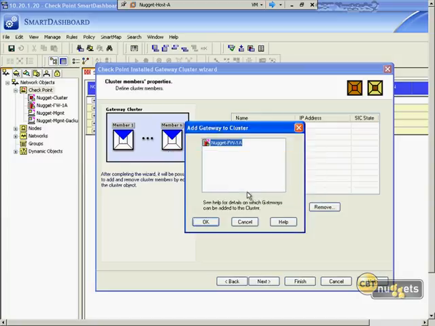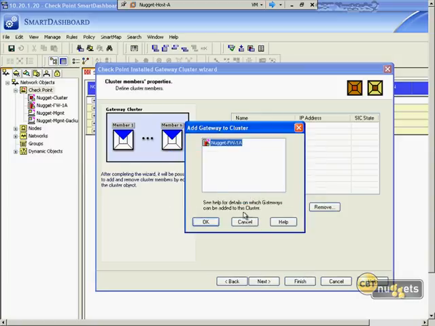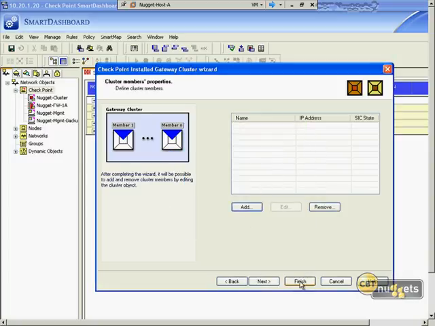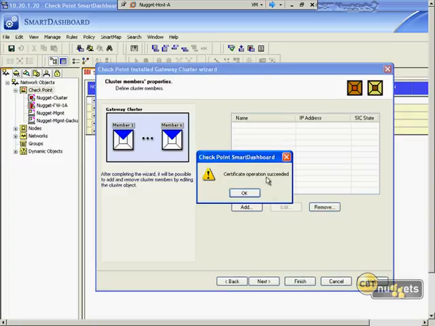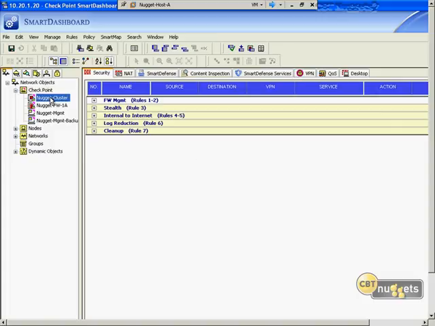So we'll hit OK here for now, hit OK here for now, and we'll hit cancel, and we'll tell it just to do finish for now. It's going to create a certificate, operation succeeded. We'll hit OK, and it says for certain configurations you need to edit the gateway cluster properties and select the OS. So we'll hit OK. So we got the cluster object, and now we need to clean up some things right here on our current Nugget firewall that's defined,